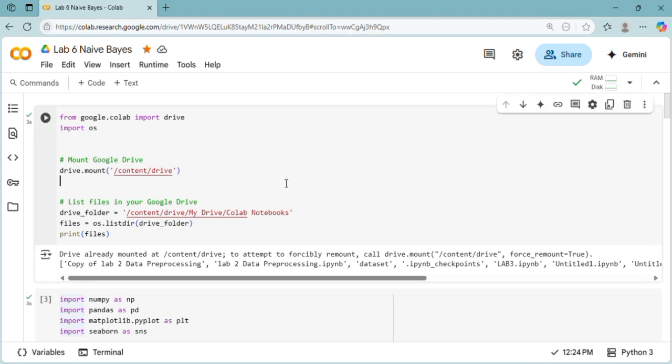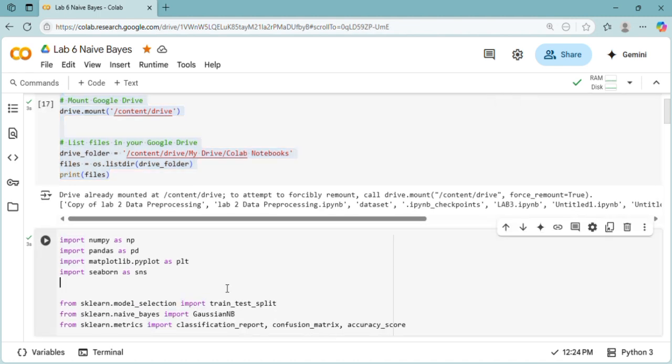Now I'm going to explain Lab 6 Naive Bayes. This code connects Google Colab and Google Drive, accesses the Colab notebook folders, and prints the list of the files inside. For the next part,